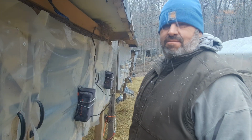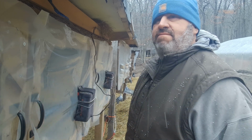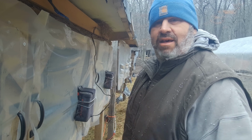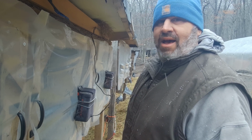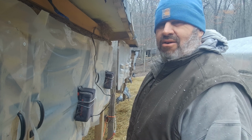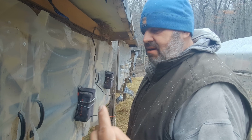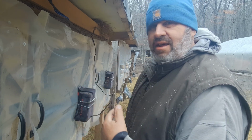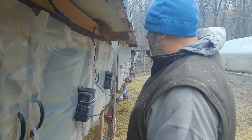Right, I got you set up right against the rabbit cages. It is blowing and snowing. It was 50 degrees at like 8 o'clock this morning, and an hour and a half later it's snowing. So yeah, I'm gonna set you up and we're gonna do water, and then we'll do feed. I already did the chickens. They're pretty simple. So